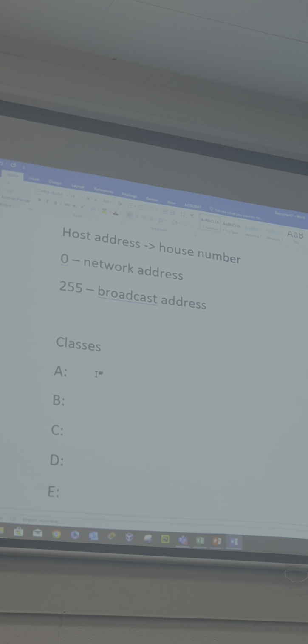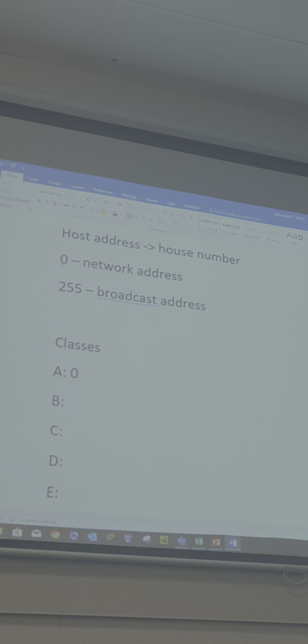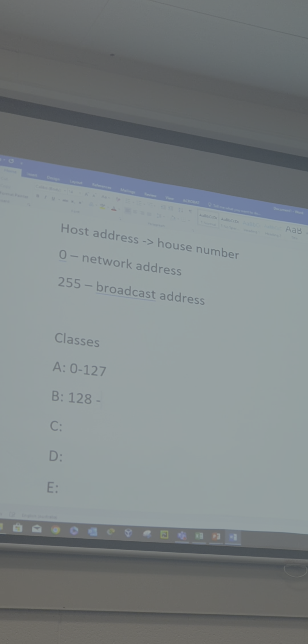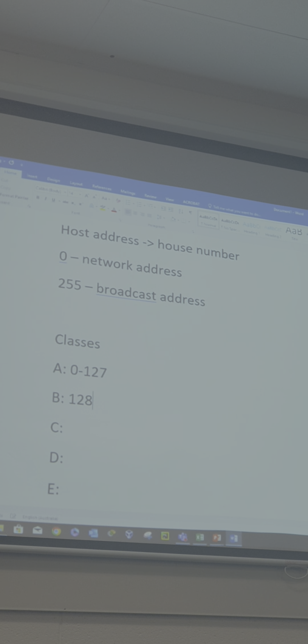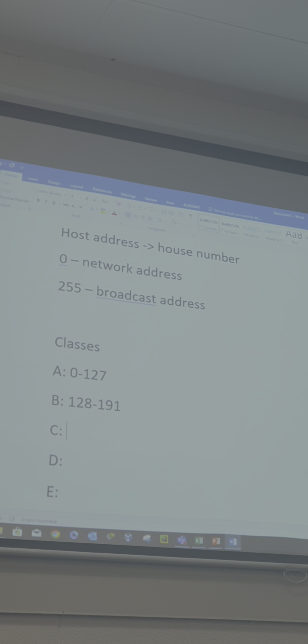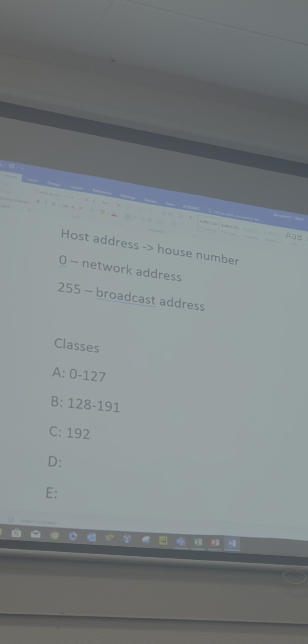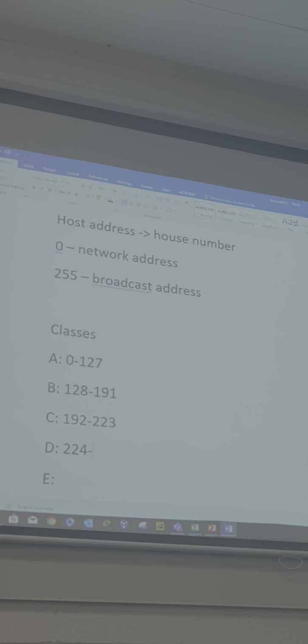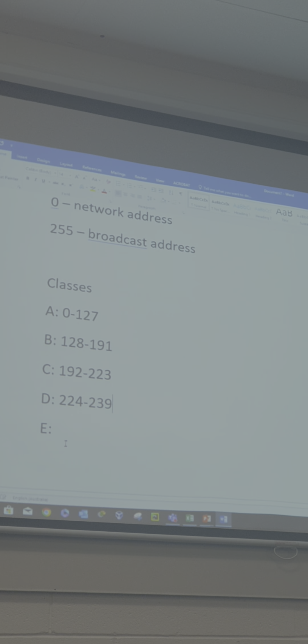So class A will be addresses from 0 to 127, class B will be from 128 up to 191, class C will be 192 to 223, class D will be 224 to 239, and class E will be 240